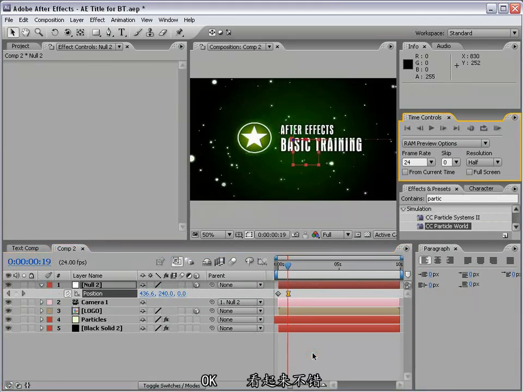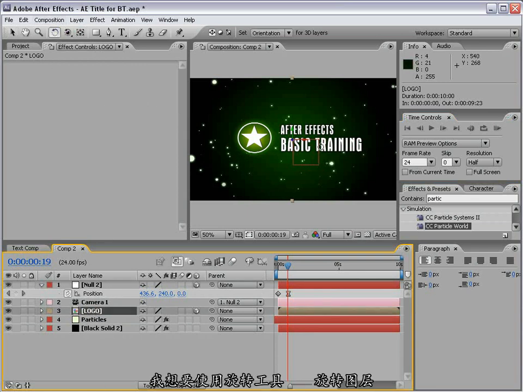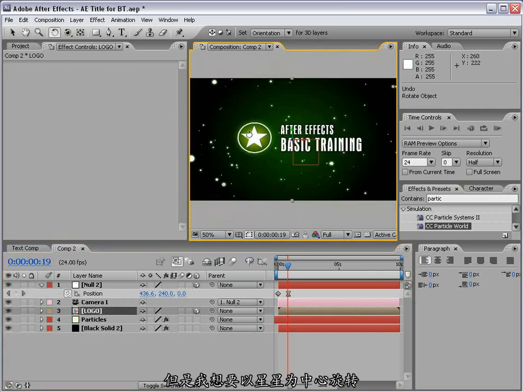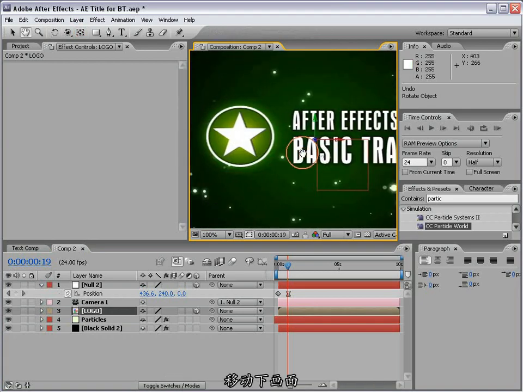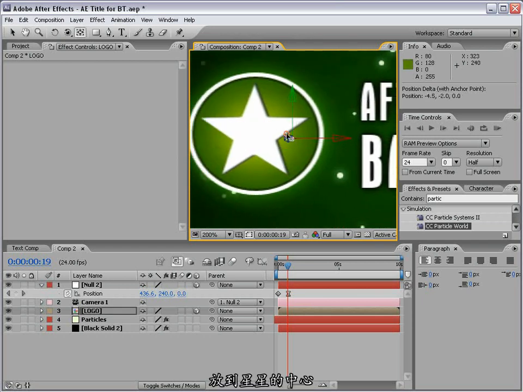Okay, looking pretty good. Now, what if we want to do some more cool stuff like fly past this and do something else? Well, no problem. What I'm going to do is take our logo, take the pan behind tool, because I want to take the rotation tool and rotate our layer, but I want to rotate around our star. So if I go to the pan behind tool, kind of move in here, I can move this pivot point